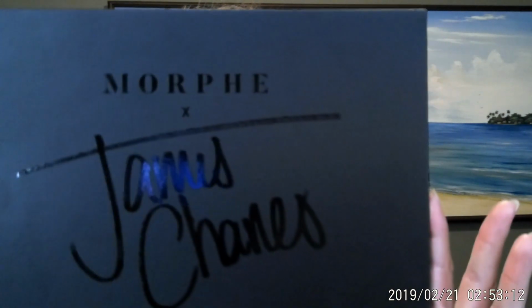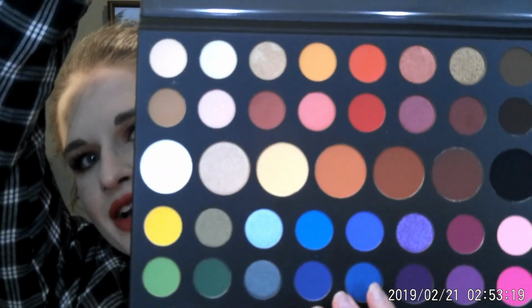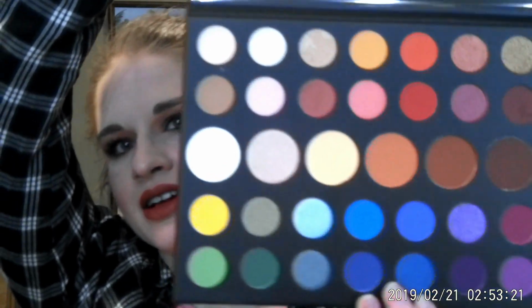Today we are going to be doing an everyday glam using the James Charles palette. This bad boy. Let's open her up. Look at that. Lots of looks you can create with this bad boy. So this is the look we're going to be doing today. Please don't mind